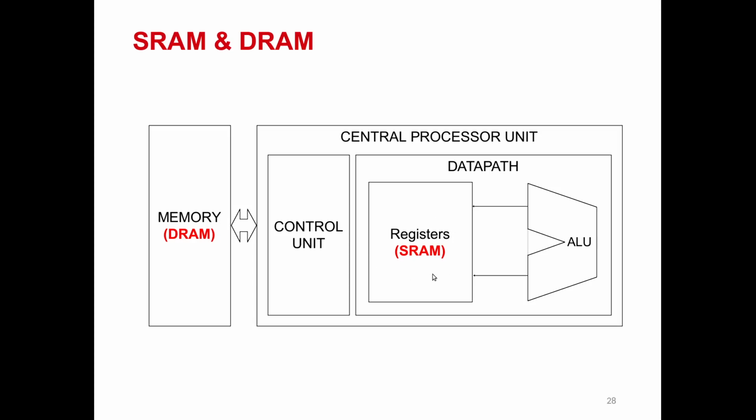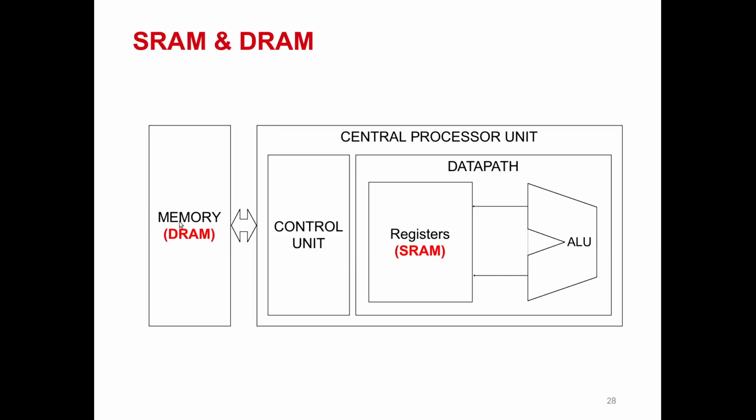For example, in our CPU we have 32 registers, while the memory created by DRAM can be very big, and we can have some gigabytes of memory in our computer, but accessing that memory will be slow,